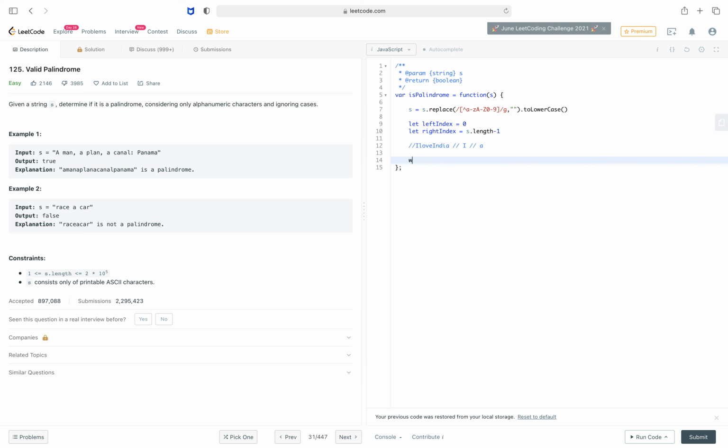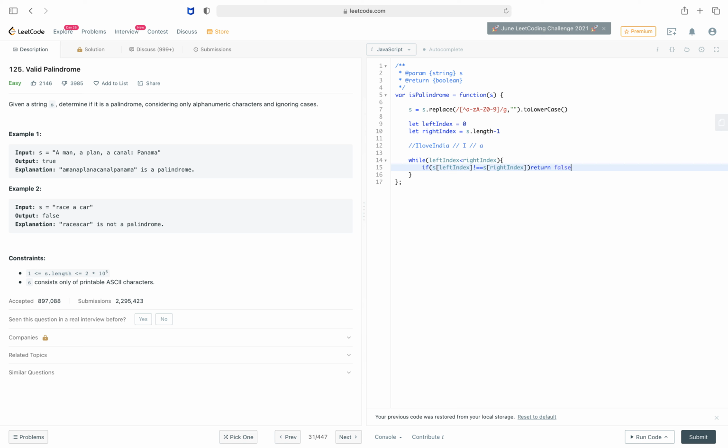Say while left index is less than right index, if string of left index is not equal to string of right index, which is the last character in the string, simply return false.